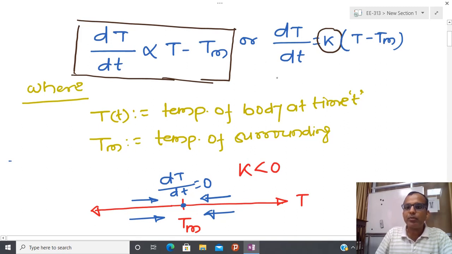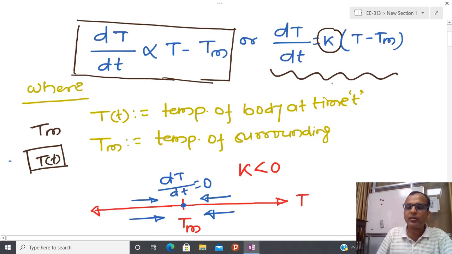In this differential equation, I am assuming that initially I have some object, and at some time the temperature of this object is T, and the outside temperature is Tm. Now we are going to see how the temperature is changing. So I have to solve this equation. You now know how to solve this kind of equation. Either you can go via the solution, or another possible way is to look at the